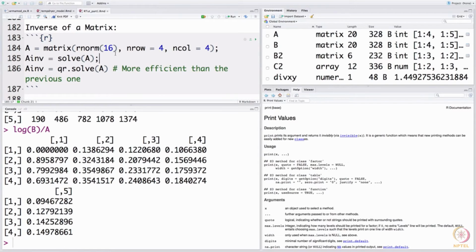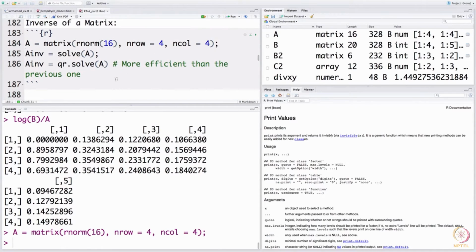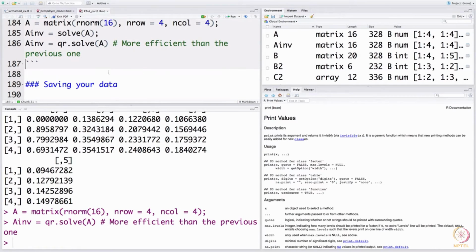There is no INV, clearly telling you that the inverse in any computational software is not computed the way we compute by hand. So, here when I want to compute, let us create this matrix quickly, done, and then you have QR dot solve, which gets you the inverse. You can also use solve, but QR dot solve is more efficient than solve.